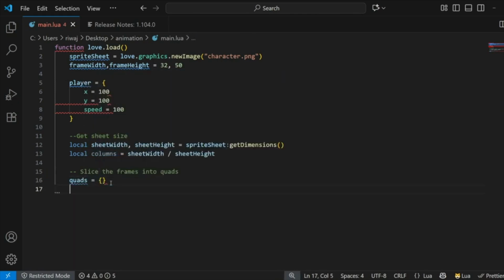And then we will run a for loop in which i will equal 0, and it will run from 0 to our total number of columns minus 1. Now for each column, we will create a quad. So what is a quad? Let me write this out at first. So quads equals. A quad is basically a window or cutout that lets you select a portion of an